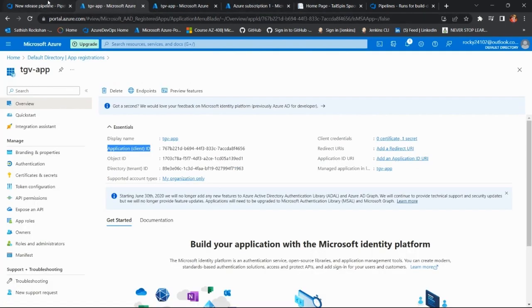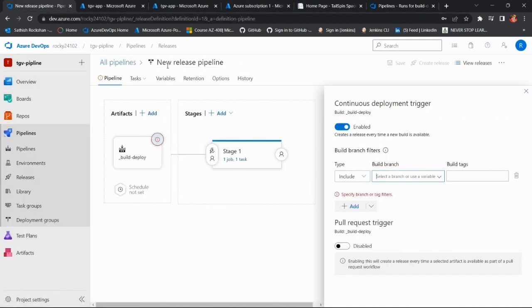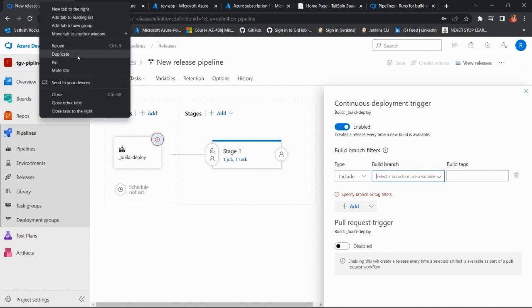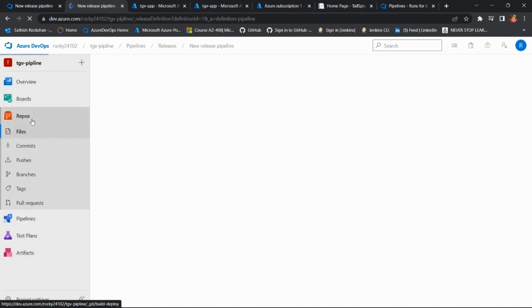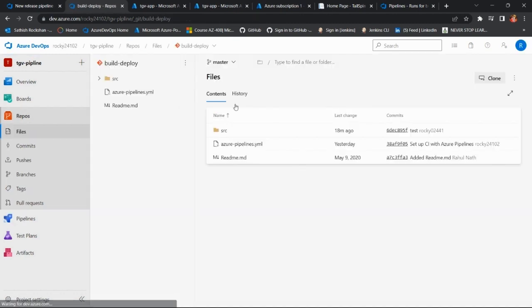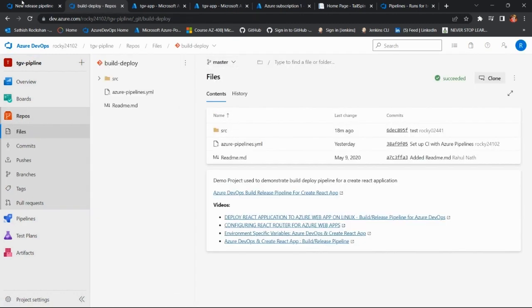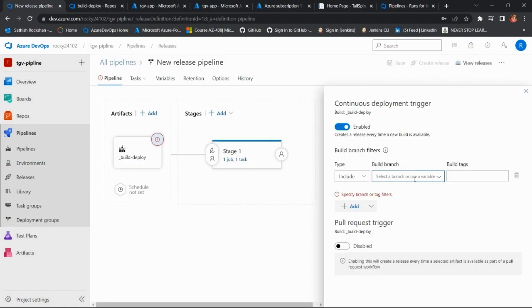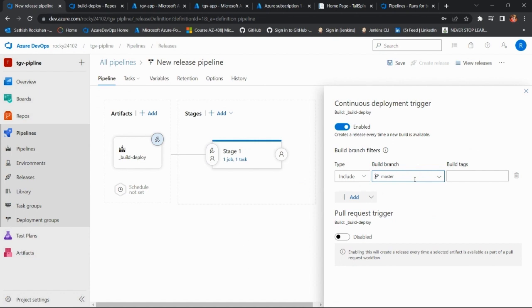I think we got the master branch. Yes, it's master we are using currently, so I can specify the master branch here,